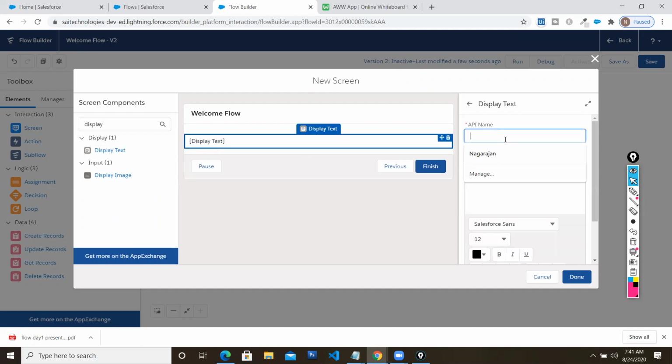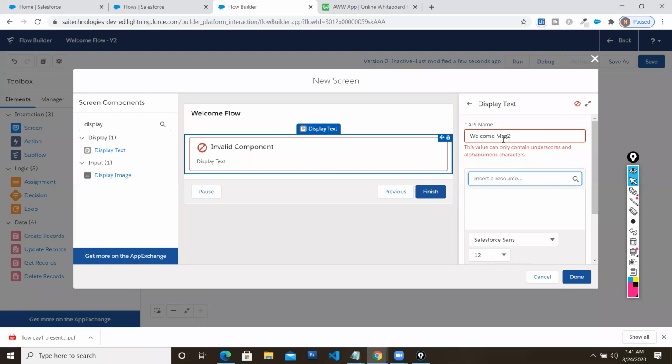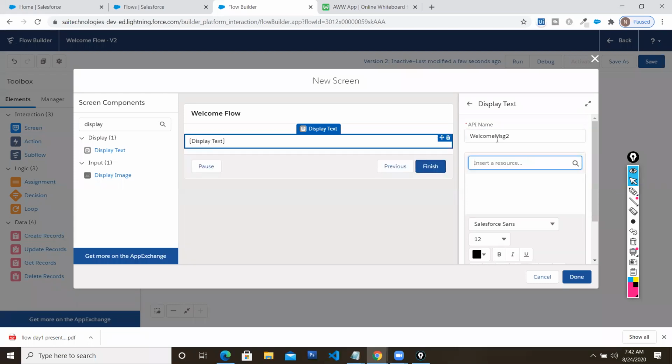It's available for me, and its API name is welcome message 2. Sorry, it's an API name, so there should not be a space. And here I am going to paste the same thing: welcome to session. I'm done with this.